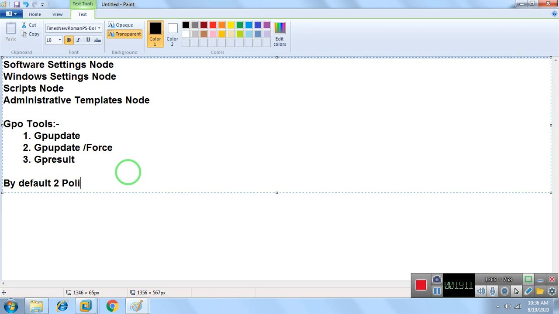By default 2 policies are automatically created.